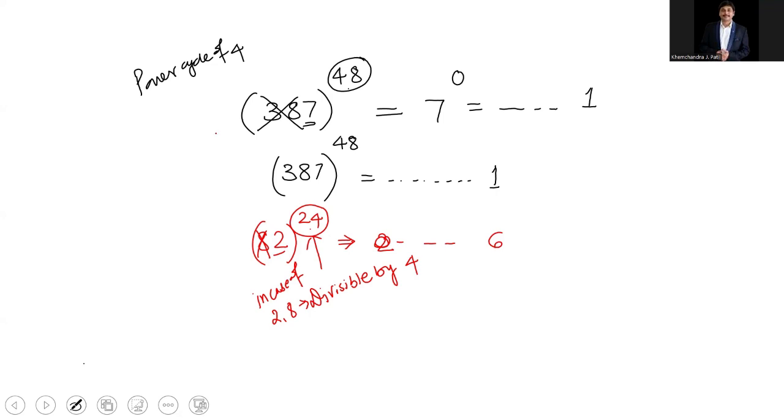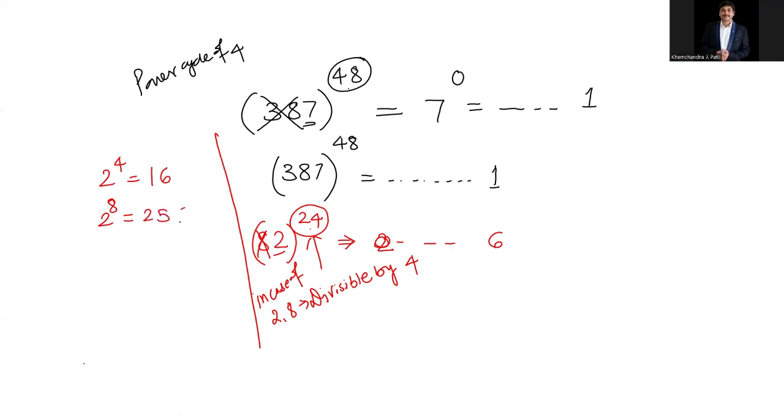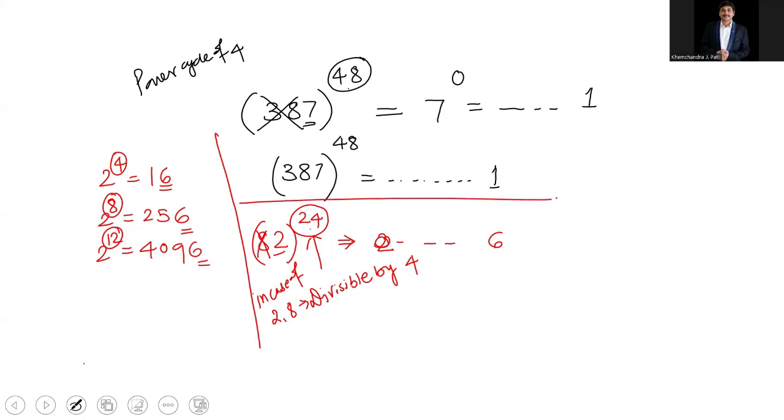then the unit place of the whole expansion, you can take it 6. Okay, क्योंकि देखो 2 raised to 4 आया था हमारा, 16 आया था, 2 raised to 8 होता है 256, then 2 raised to 12 होता है 4096। तो आप जब भी 2 का अगर 4 के मल्टीपल में कोई पावर लेते हो, तो उसका यूनिट प्लेस क्या होता है? 6 होता है। यहाँ पे 1 नहीं लेना है, यहाँ पे 6 ही लेना है। आई होप यू अंडरस्टूड दिस। तो इस तरह से पावर साइकिल्स काम करते हैं, माय डियर फ्रेंड।